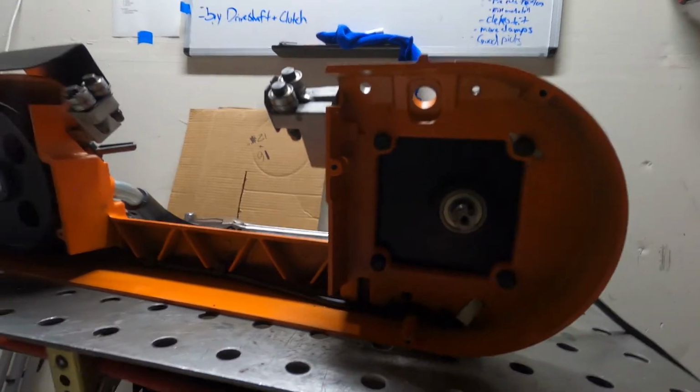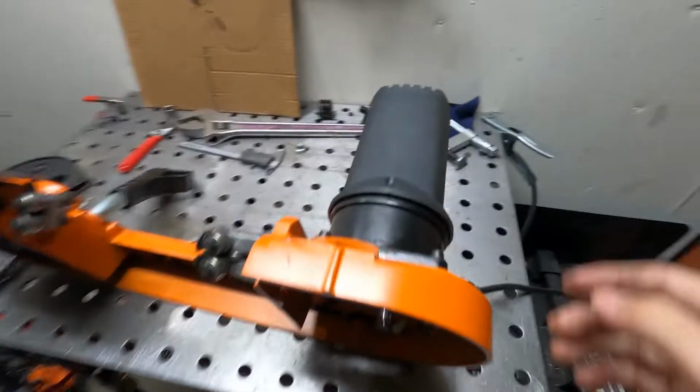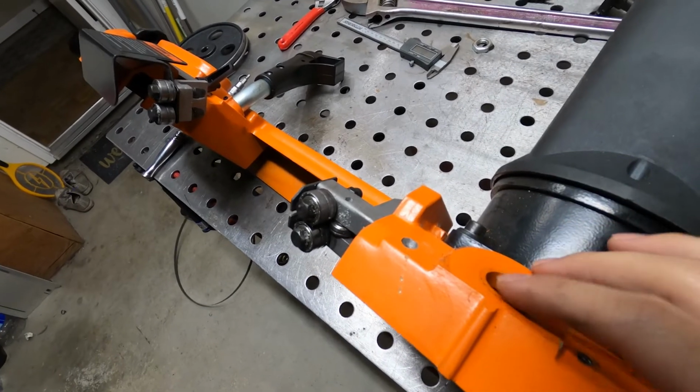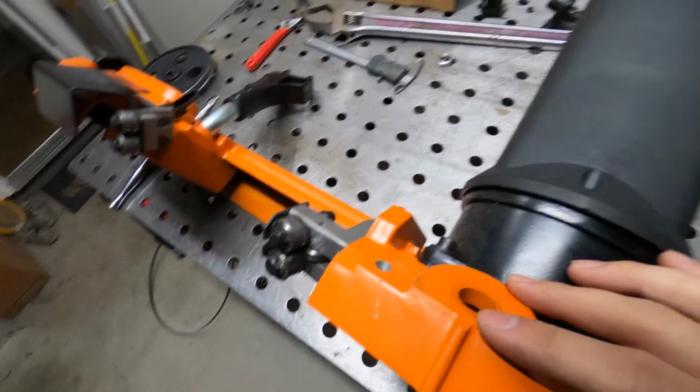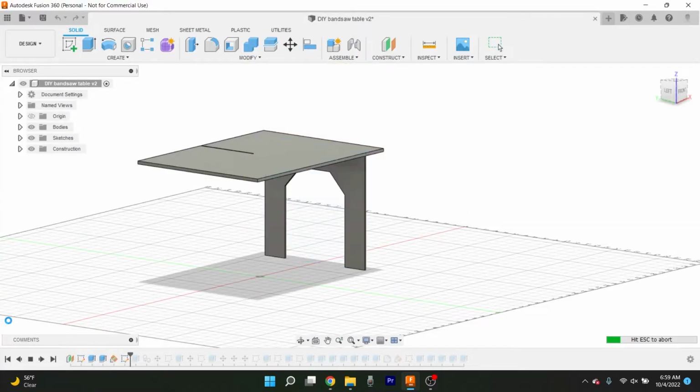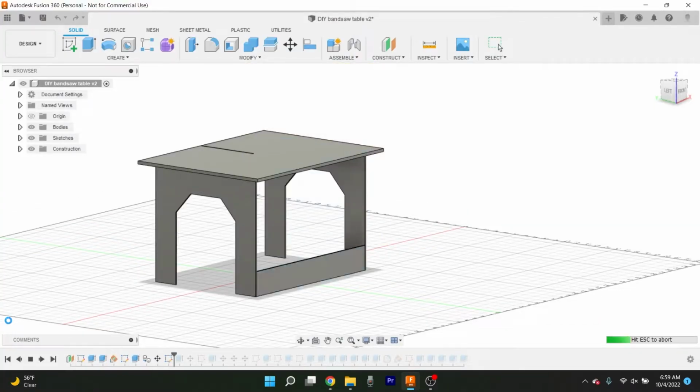Yeah, you do have to take the wheel off and the blade and stuff. But yeah, I'll just start taking some measurements, and then we can take it over to the computer and design something up. Okay, so after a bunch of hours of just trying to brainstorm and come up with something that